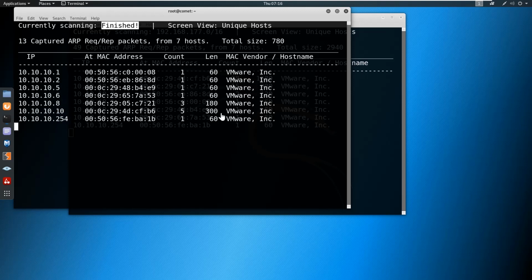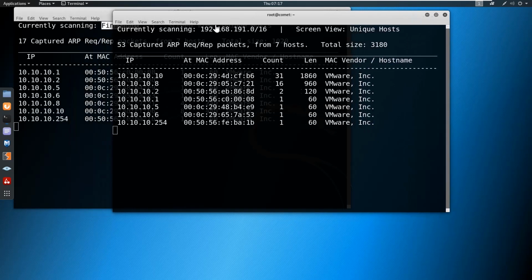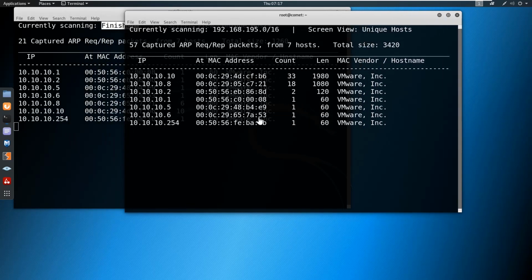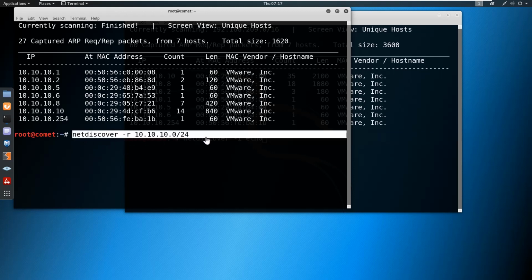So this is how we can perform network discovery. Currently in this demo lab I have only one IP subnet. If I had multiple IP subnets, through the first command we would get the live IP information of the entire physical network. But with this command you can get the live IP information of one particular subnet alone. So this is how you can scan the network and discover the live IPs.